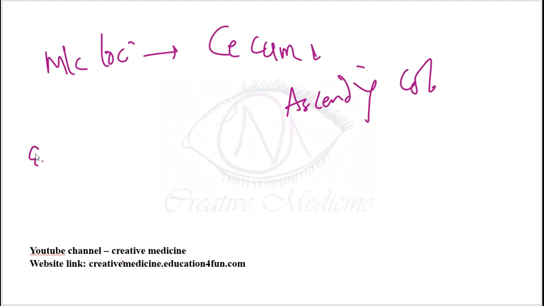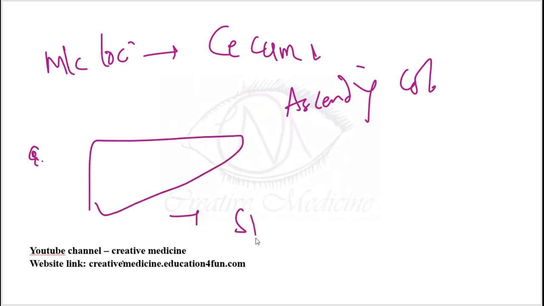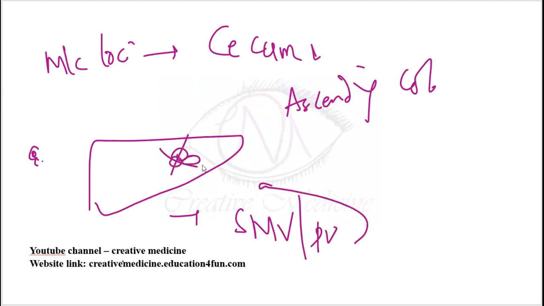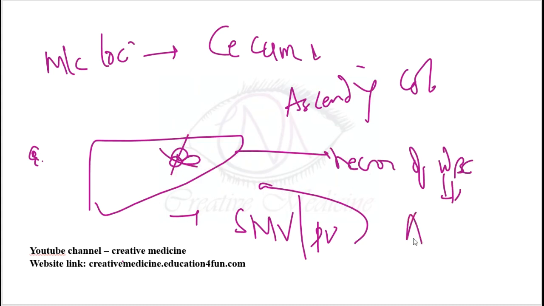Then the organism will reach the liver. How does it reach the liver? Via the superior mesenteric vein or portal vein, and it causes breakdown of the hepatocytes and necrosis of WBCs also. Thus it gives rise to pus which is called anchovy sauce pus, mainly formed by the necrosis of WBCs and histolysis of the hepatocytes, and this is accumulated.